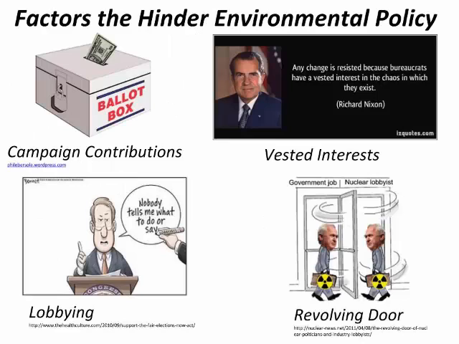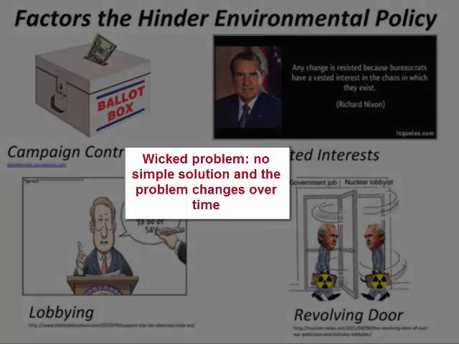So why are there so many problems with environmental laws and regulations? Well, to begin, some feel the environmental regulations are too restrictive, bureaucratic, and expensive, or that they are an inconvenience. Another reason is because environmental problems by nature are complex and long-term, and trying to regulate them with laws is fraught with difficulty because human actions and thought processes are often short-term. In other words, many environmental problems are wicked problems.